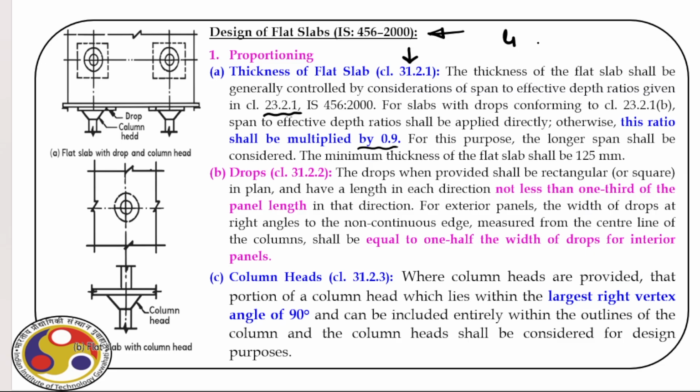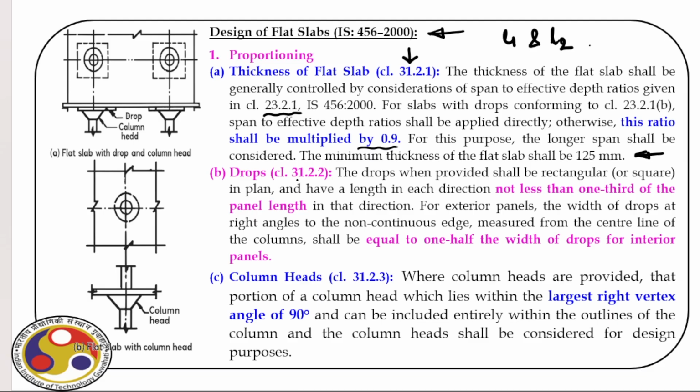Recall L1 and L2, which one is longer we have to consider. But before that, we have to first find out the effective span length. That we will discuss in a minute. Now the minimum thickness of the flat slab must be 125 millimeter. Then the question of drop, if we provide drop,